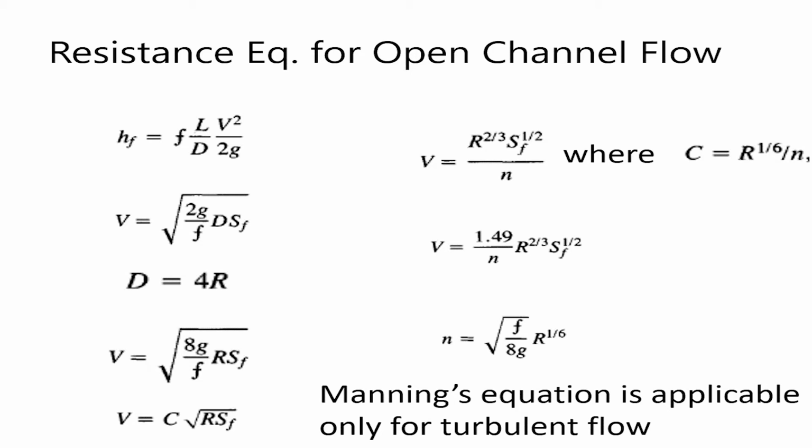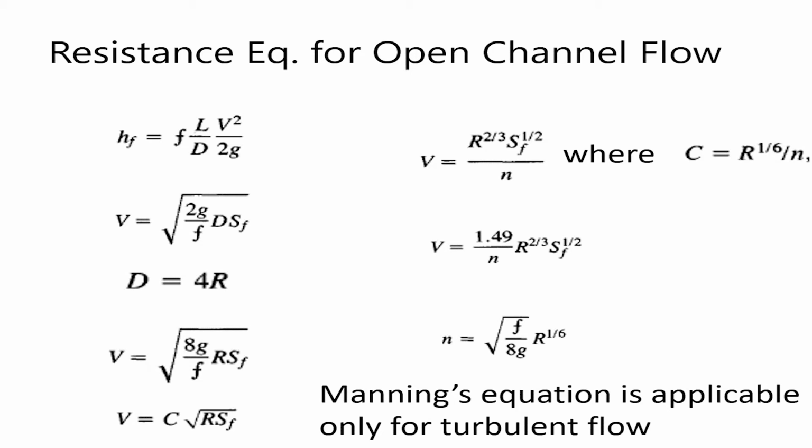That means this equation says that whenever flow is taking place in an open channel, if the surface roughness is high, then we need higher energy to push the flow. Where is the energy coming from? Energy is coming from gravity. So if the surface is very rough, then we need to have a higher slope, for the same velocity as with a smooth surface.